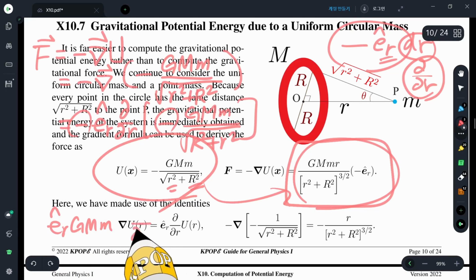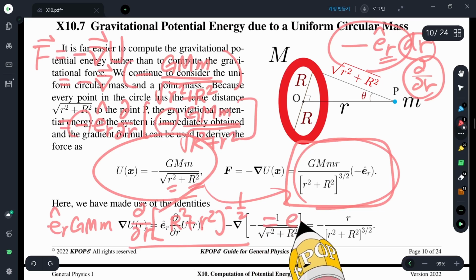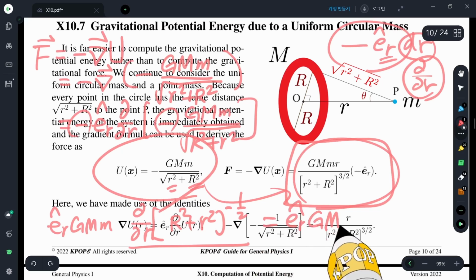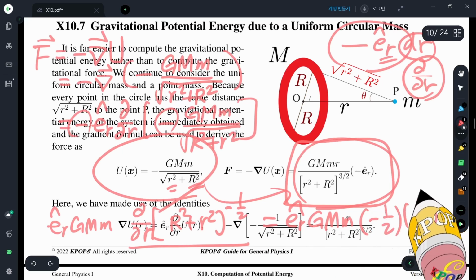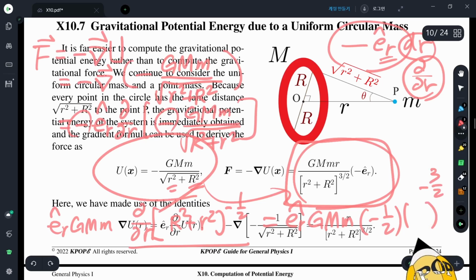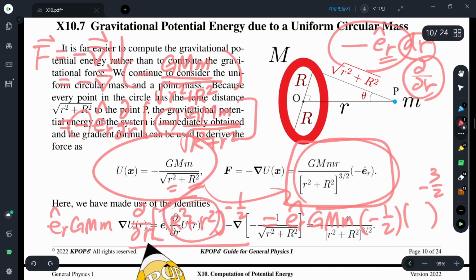What I have to do is just take the derivative of R squared plus r squared to the minus 1/2. Chain rule: ER hat GMM and minus 1/2, and this power becomes this, and then take the derivative of this with respect to r, that is 2r, and the 2 cancels. What I obtain is